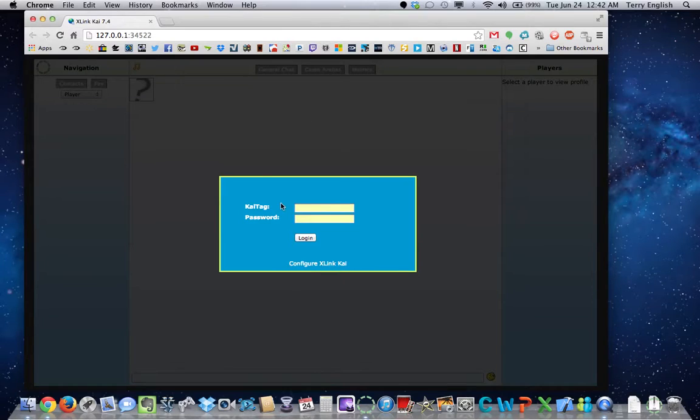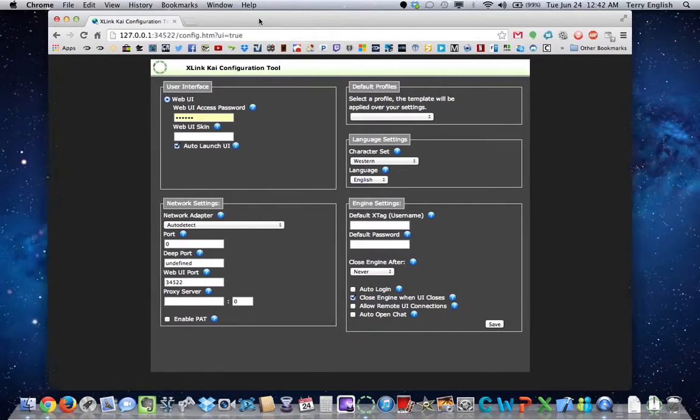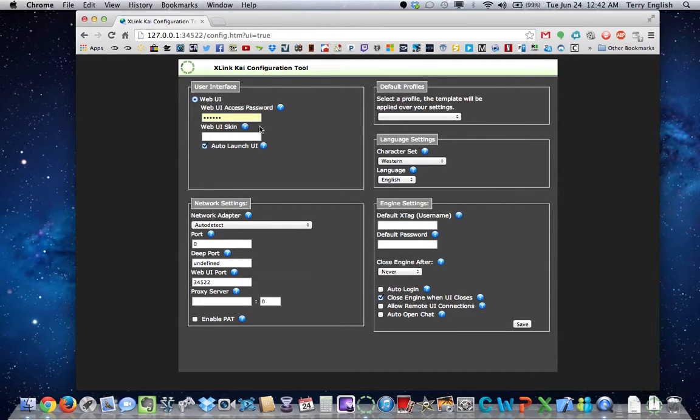Okay, once the engine is up, I'm going to skip the username and password step because I'm going to go straight to configure. This is a really important part. With Kai for Mac, you don't actually have a user interface; the program is all done over your web browser. The network adapter is by default set to auto detect. Now, I've noticed for better performance it is a good idea to switch the network adapter to EN0, which is shorthand for Ethernet port 0. In most cases, most Mac devices only have one Ethernet port,